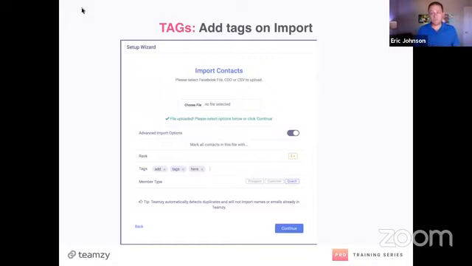Now, some of you get overwhelmed by thinking about imports, so just ignore this part. For those of you who are really comfortable with this, one cool thing to know is that you can re-import a list. It doesn't duplicate the people in there, but it will add a tag. So if you put in a list earlier and now you want to put that same list in again, but add a tag to everyone on the list, you can do that. You can create a column on your file called tags, or you just toggle it on and type the tag in here. It'll tag everybody. Ready? Next.